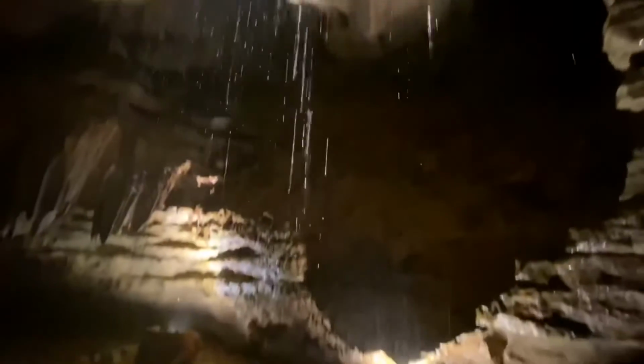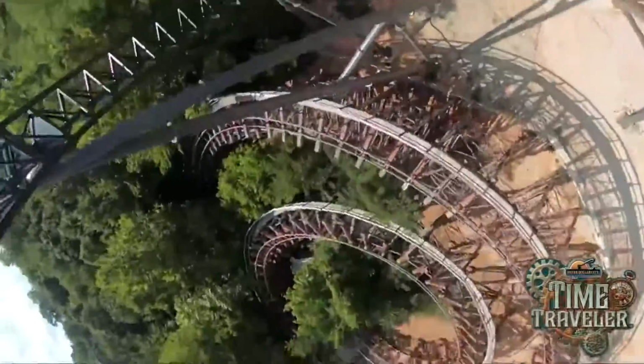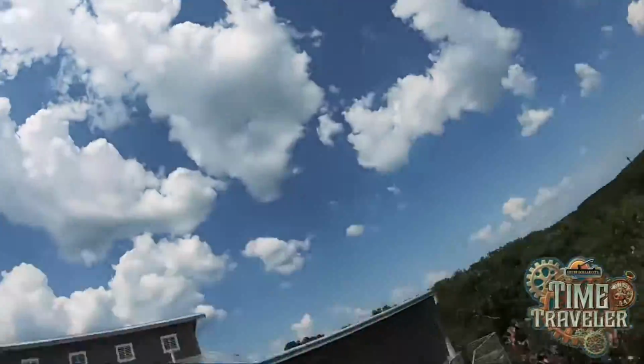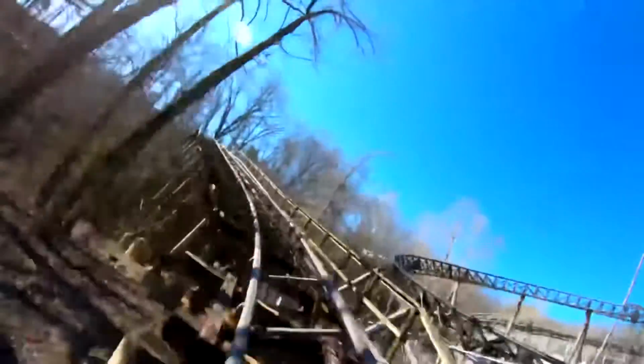One of those things, more specifically, is an awesome roller coaster collection. The park may only offer 7 scream machines, but all of them offer very unique experiences and are amongst the highest quality for their respective ride types. So in this video, I'll be taking all of Silver Dollar City's coasters and we'll rank them up from worst